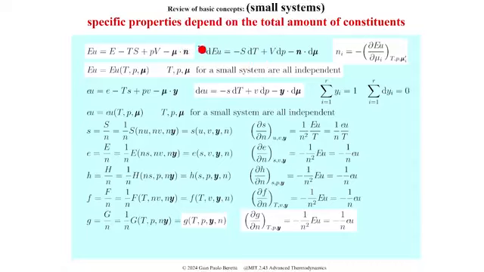And here it's differential, from which, for example, we can see that the amount of one constituent is equal to the partial of the Euler free energy with respect to the chemical potential of that constituent when you hold fixed the temperature, the pressure, and the chemical potentials of all the other constituents. So if you have a reservoir that keeps temperature, pressure, and also chemical potentials, except this one, and you